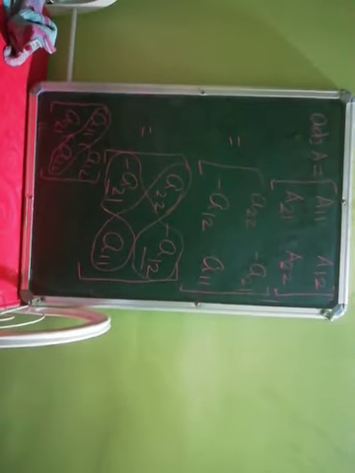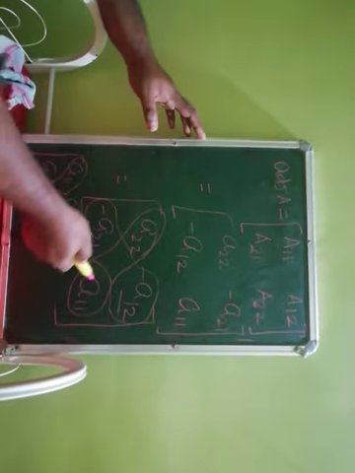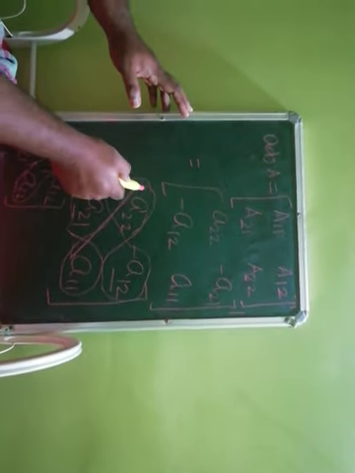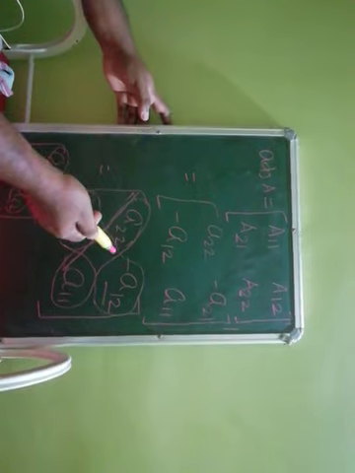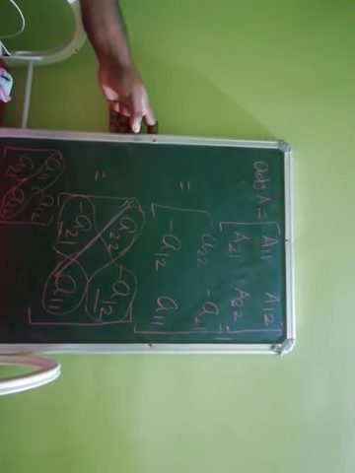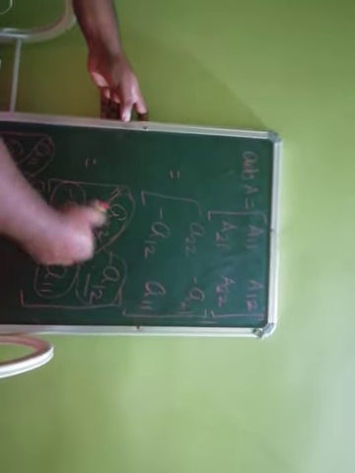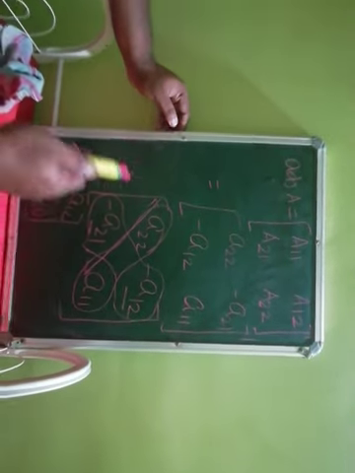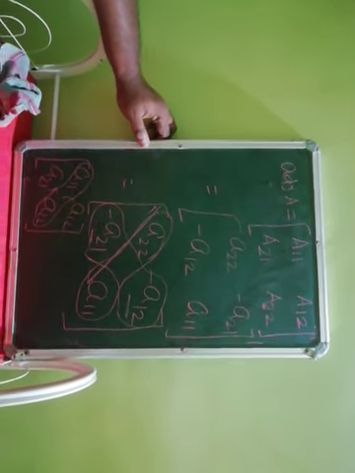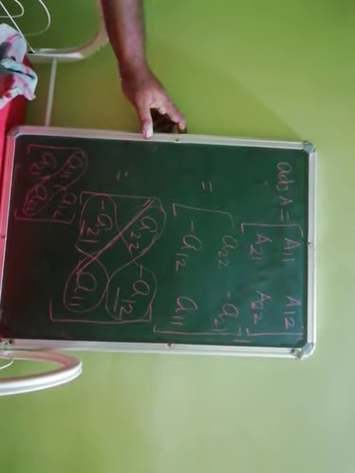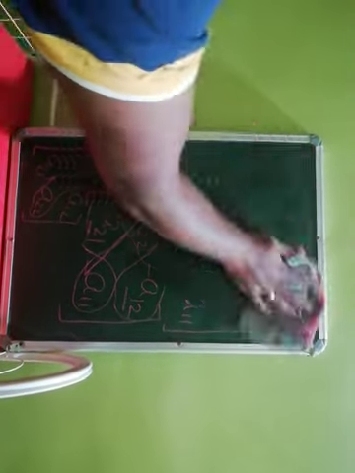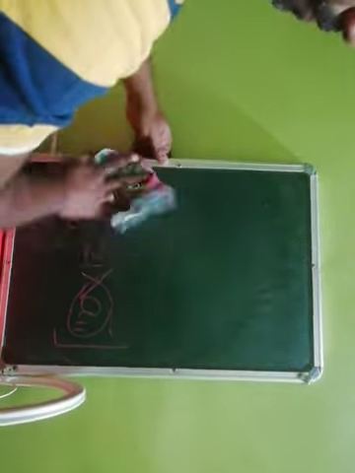What is the rule? I am repeating it again. Interchange the elements of the principal diagonal and change the sign of the elements of the off diagonal. Which means if it is positive, write negative; if it is negative, write positive. Those are the only changes you have to make.